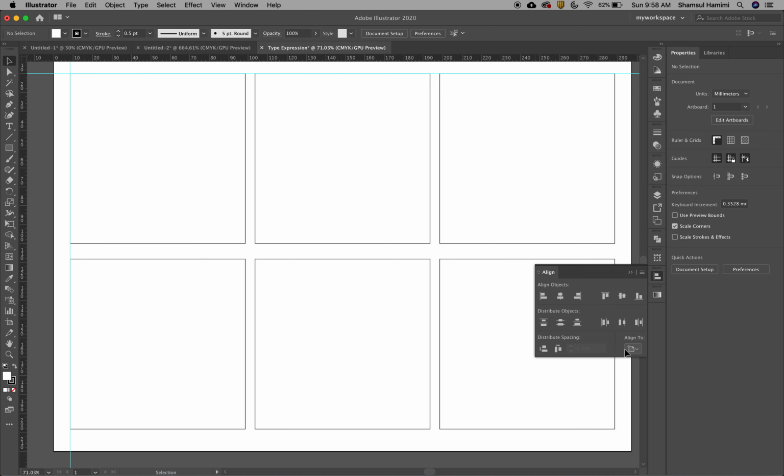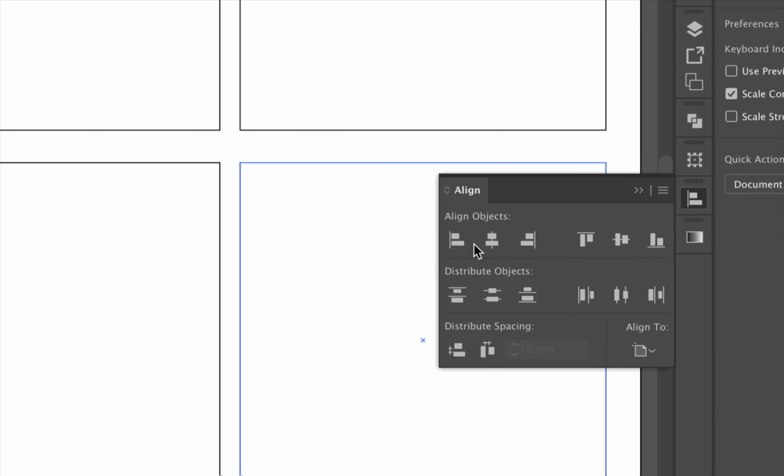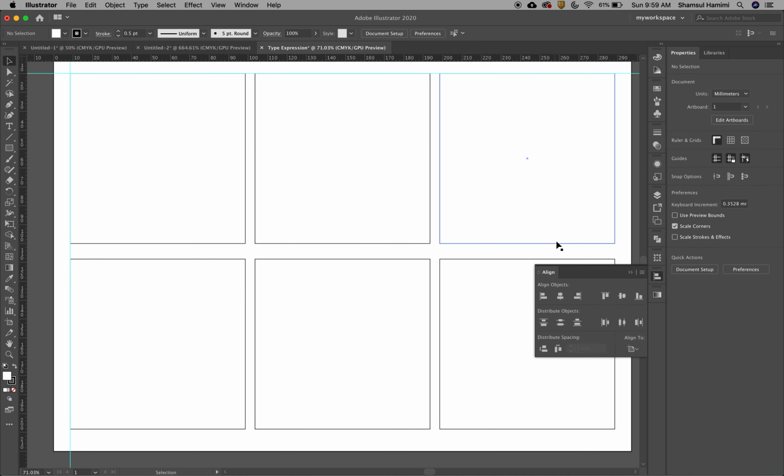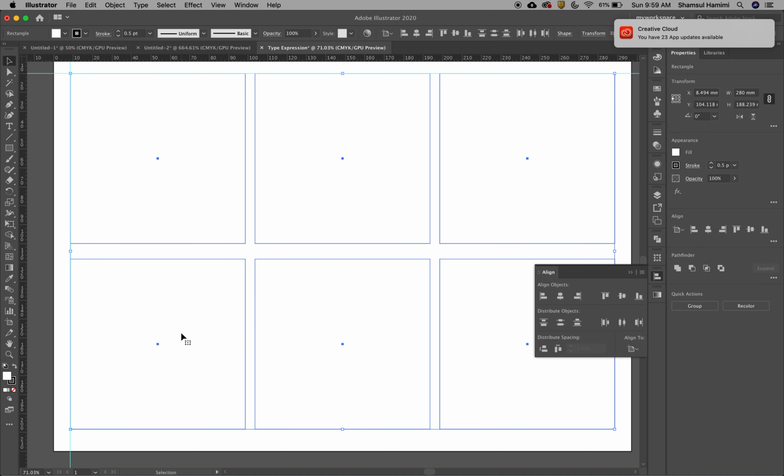As you can see in the Align panel, there are other options that you can try, and you can also make an object align to three different options: align to selection, align to key object, or align to artboard. Okay, let me show you what align to artboard looks like. So once you have all the 6 boxes here in your document,